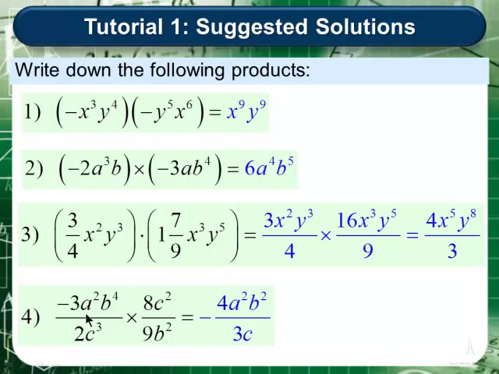Now we have to be careful. Look at the exponent form a to the power 2. There is no a to the power anything as part of the second monomial on the right hand side, so it just remains a to the power 2 as part of the product in this case. In the case of the exponent form b to the power 4, that must be divided by b to the power 2, applying the exponent rule. In such a case, we have b to the power 2, that is b to the power 4 minus 2,